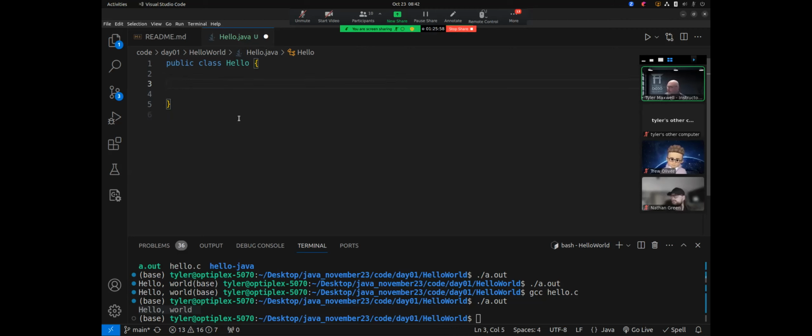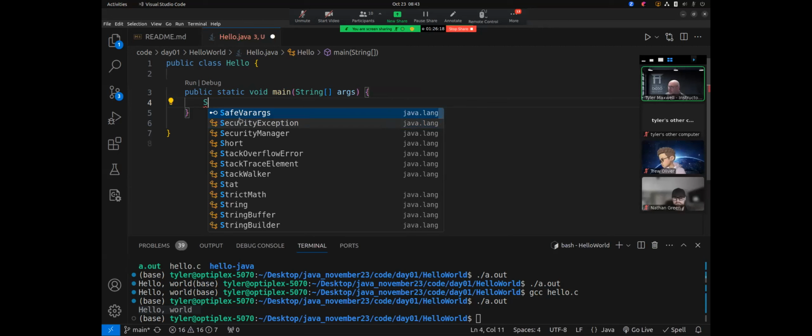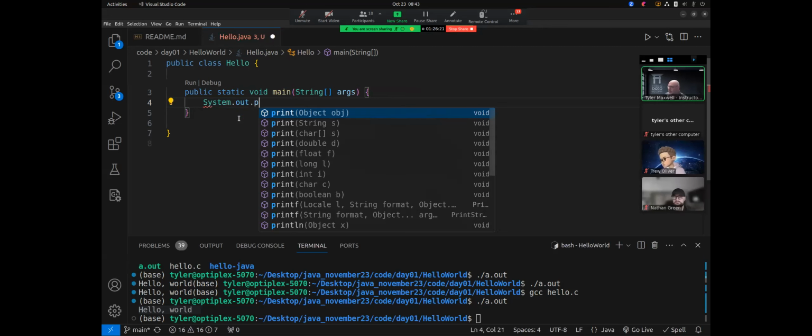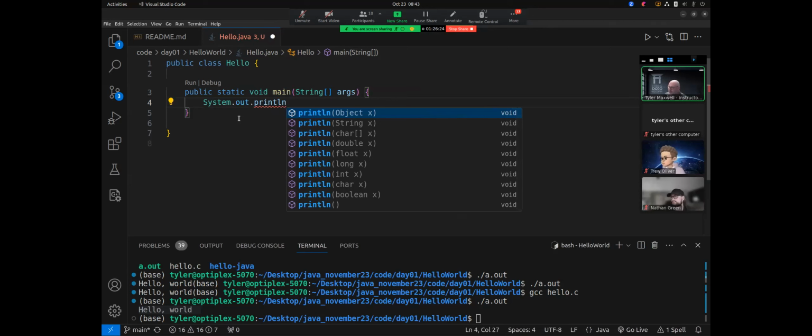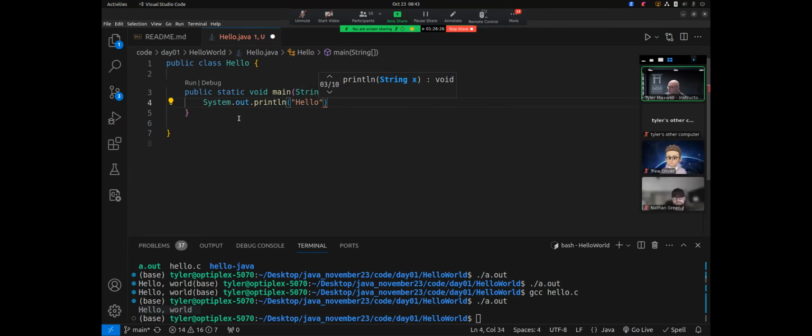If you have the extensions for Java installed, you just have to remember that it's public static void main, or PSVM, and it will auto complete it for you. It'll fill it in, so you don't have to remember all the syntax, right? And then if I want to print something to the screen, it's system.out.println. Okay. And then never forget the semicolon.